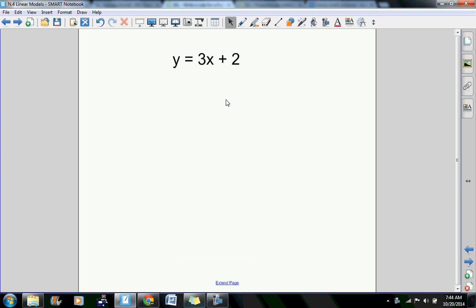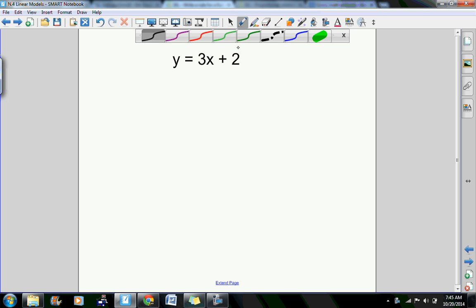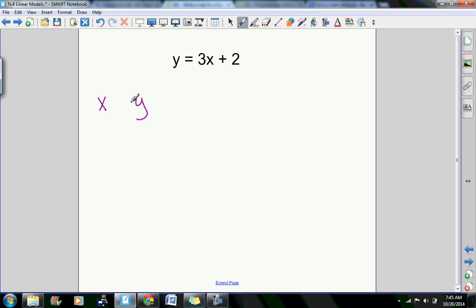Before we start that, though, I just want to make sure that we're comfortable with making a table, rates, starting values, and things like that. So if I was given this equation and I wanted to make a table, I could simply make an x and a y table here. And then I can pick whatever values I want for x. -2, -1, 0, 1, and 2 are almost always my favorite values to use for x, but you can use whatever you want. All you do from here is you plug in each of these values into this equation